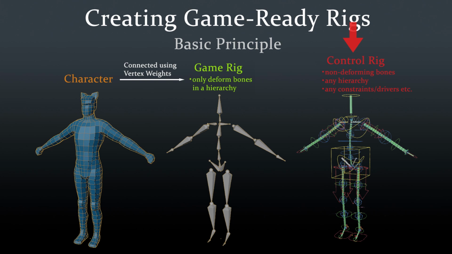And we'll create a connection between these two rigs using only constraints and no parenting. The constraints will make the deformed rig move with the control rig, but by avoiding any parenting between these two layers, we'll ensure that they stay separate and nothing is messing up the hierarchy of the game rig. As I said, let's go into a little practice now, and I think what I just said will start to